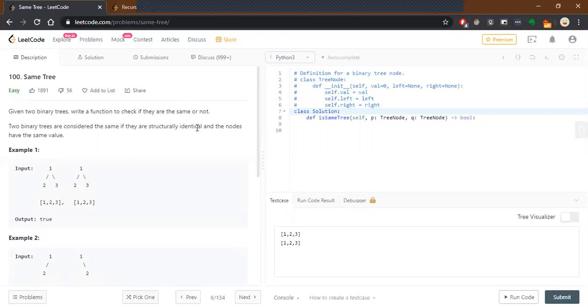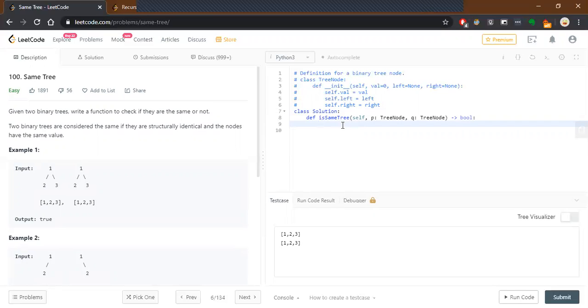So how will we try to build the solution ourselves? We will do recursion. Recursion is a basic step to do any tree problem, that is, traversing through the whole tree. So in recursion, what we know is that we have a base case, and in the base case itself, we do the sorting.